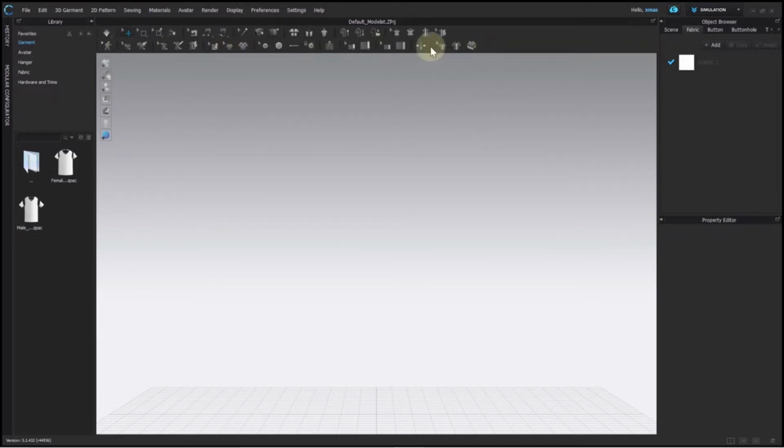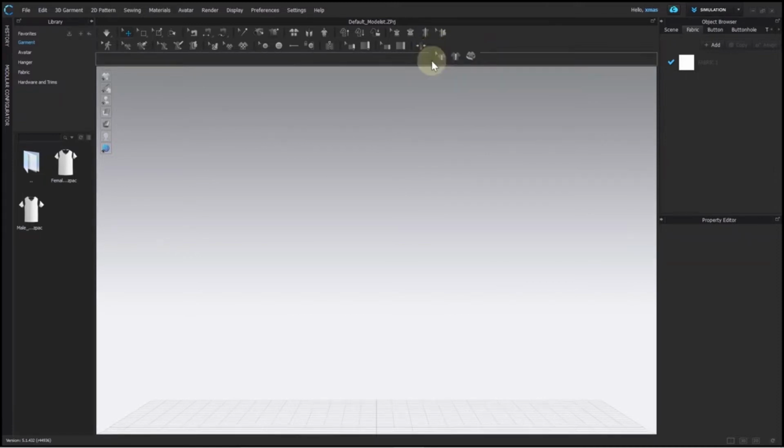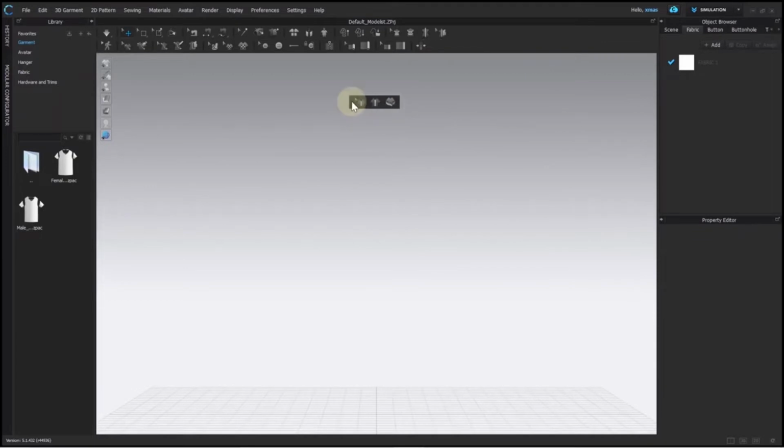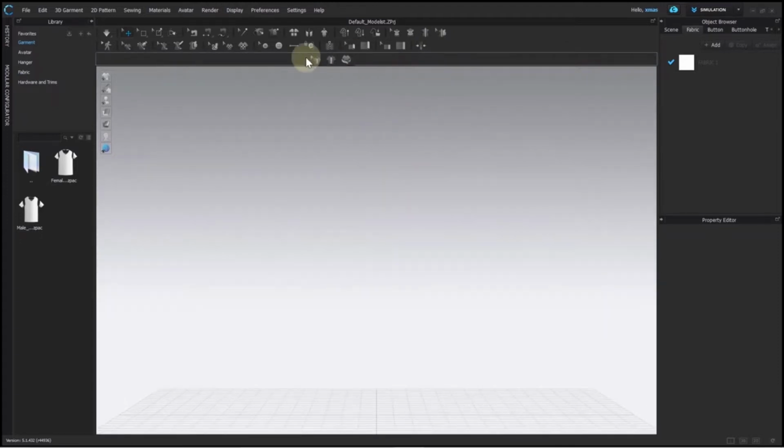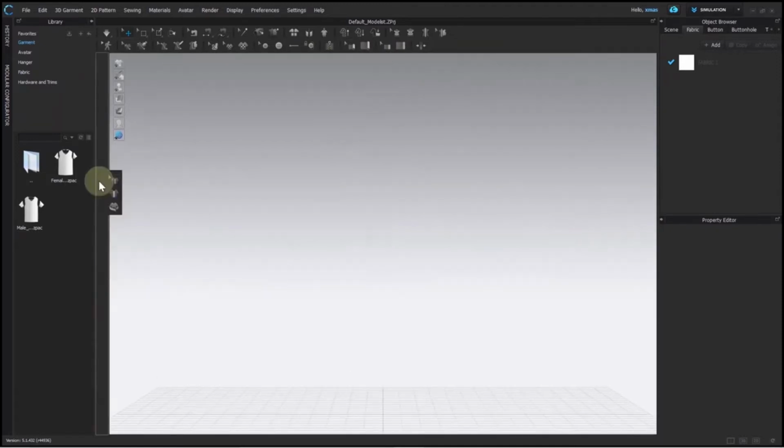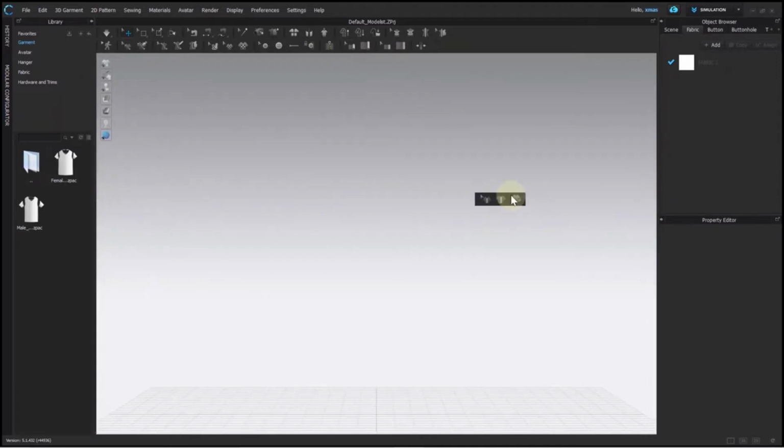As soon as you move your mouse over the line drawn in the middle of the tools, you will get the option to replace it. You can move it like this, but if you leave this box in the middle of the screen, it will go back from where we took it. But if you move this toward any edge of your window, then you will see this kind of area which shows that you can place it here.